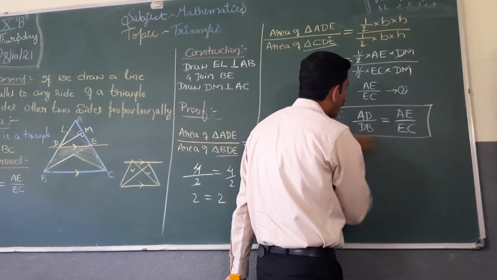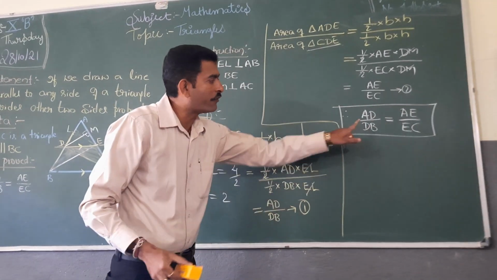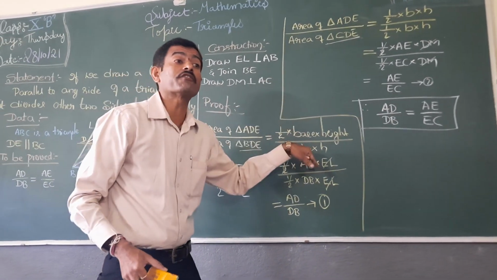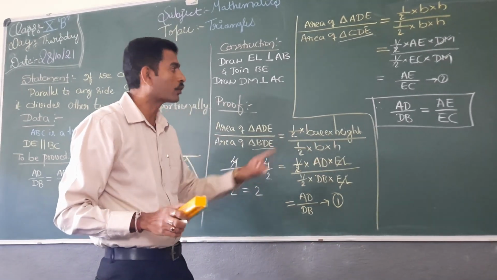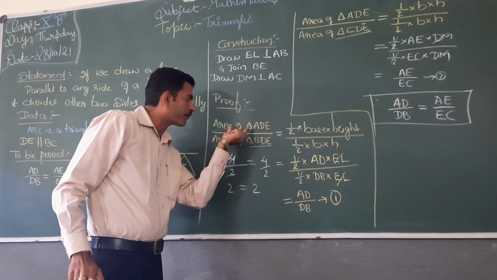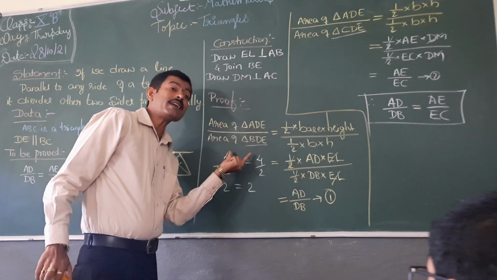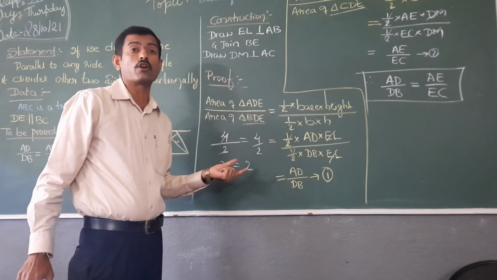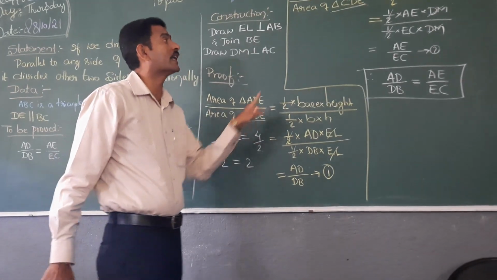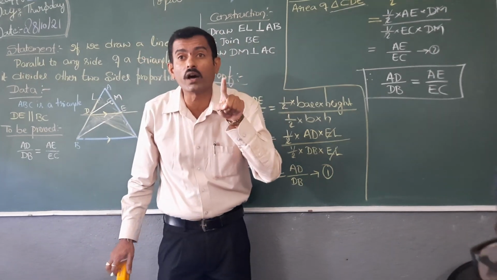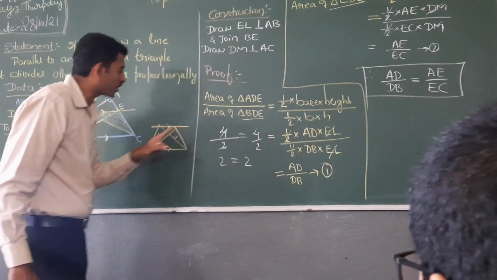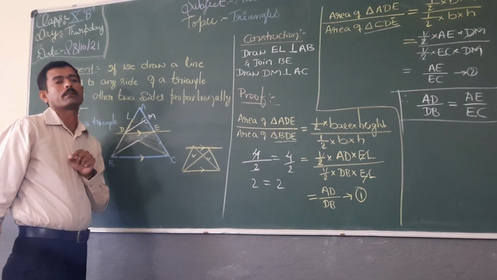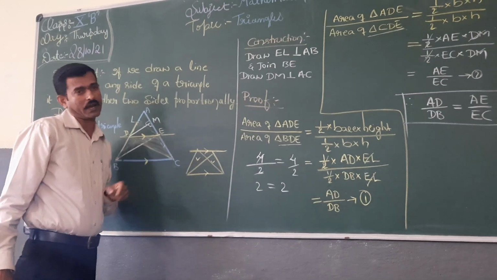Sir, this is what we have to prove. Why did we take the right hand sides as equal? Because the left hand sides are equal. How are the left hand sides equal? Once again, write the reason: if we divide equals by another equal, they are equal. If anybody requires one more time, how are the areas of BDE and CDE equal? Both triangles are standing on the same base and lie between the same parallels.